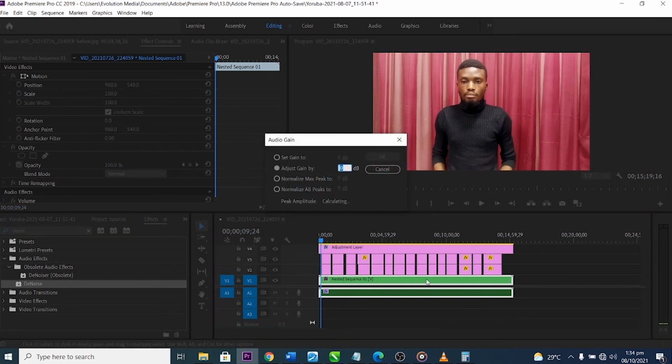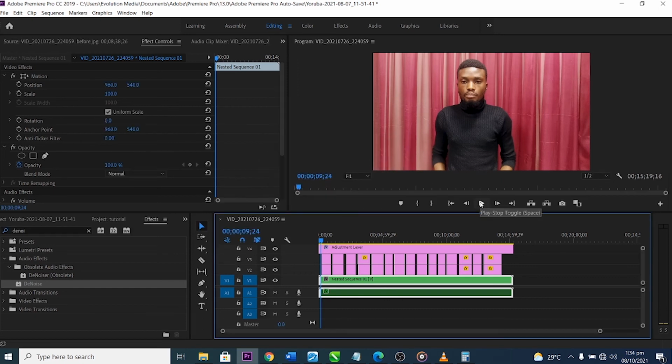Just press G on your keyboard to audio gain it, and then you can audio gain it by 10. If you audio gain, and there's noise in your video too, the noise will increase, but since you denoised, there's a high tendency that the noise will not be amplified anymore. So it would have increased in volume.